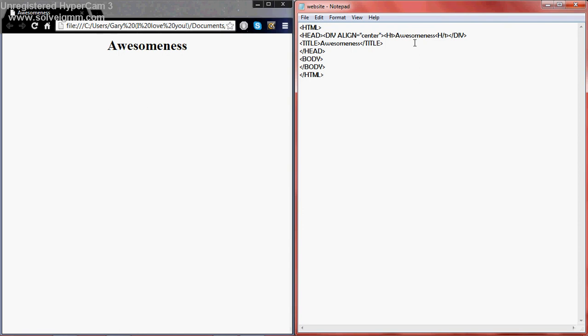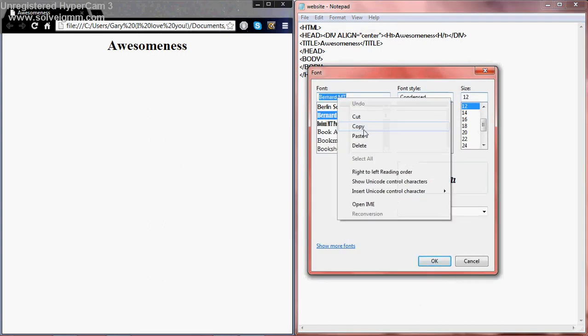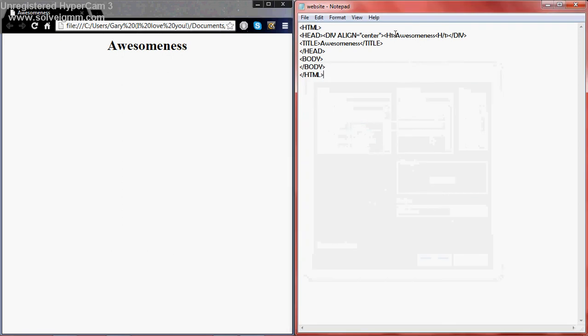Anyway. So yeah, let's say you did that. Now you want to make it look a little bit different. So we're going to go into font. We're going to look at some different fonts. All right, so let's use Bernard MT. So I'm just going to copy that. Cancel, and then you can do it before the H1 or after the H1. I'm going to do it before so I can show you something. So in between the div align and the H1, you're going to type